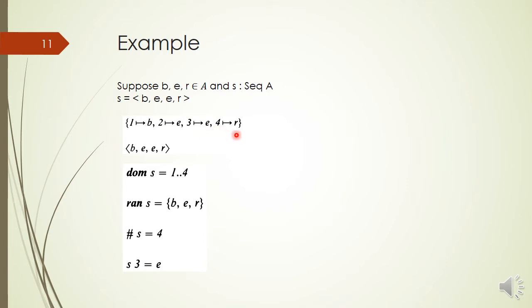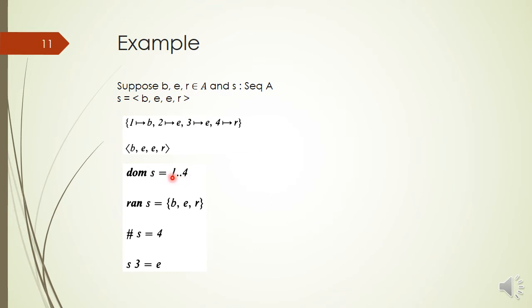So we can apply the domain on that sequence, because a sequence is a partial function or a set of ordered pairs. Therefore we can also get the domain for that sequence. So the domain of sequence S would be positive integers from 1 to 4.